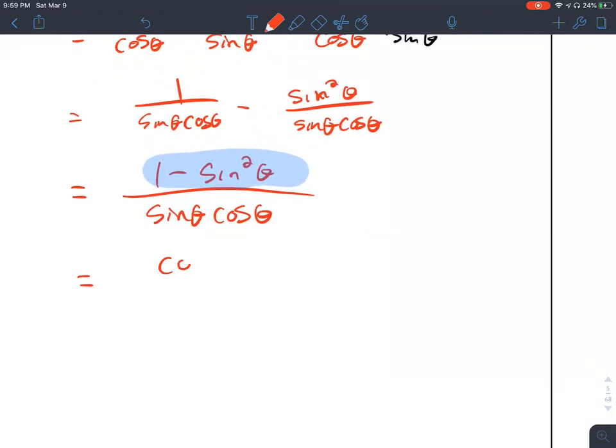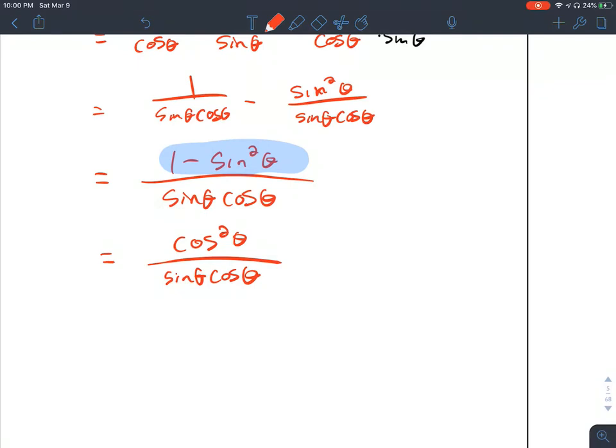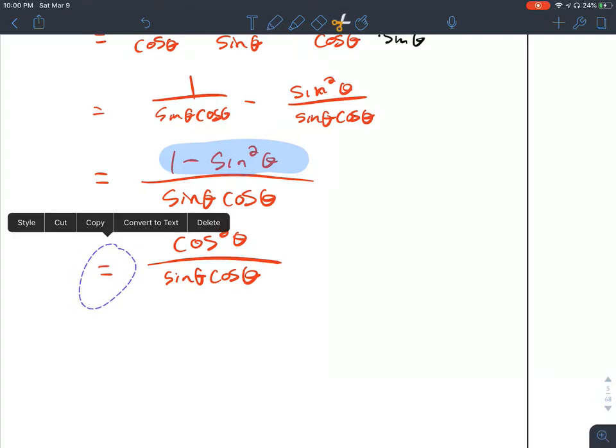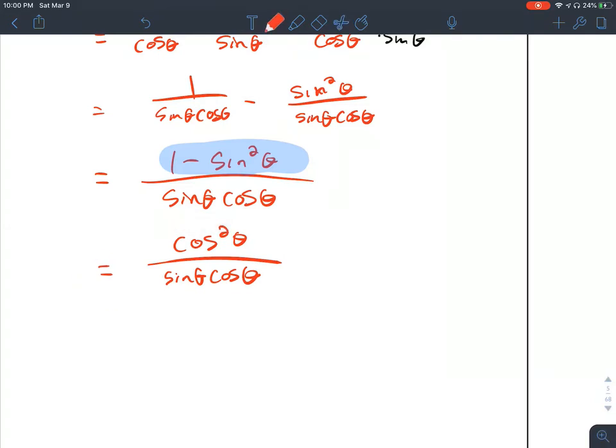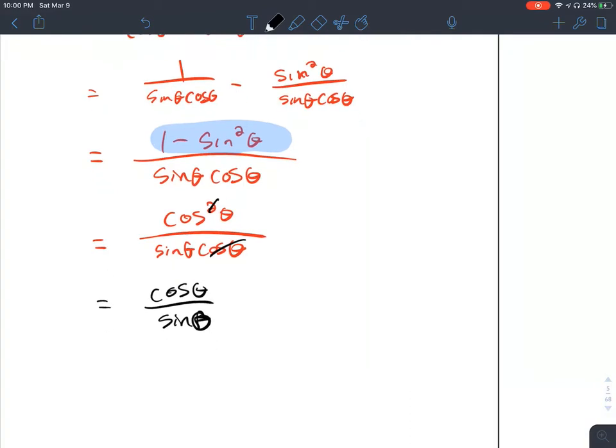So that top becomes cosine squared of theta. If you need to show that side work again, show it. If you don't, you don't. A lot of times you're required to show the side work. In a case like this, that fact is universally known. Don't need to show it. Then we can divide the top and bottom by cosine, which is going to leave us with cosine of theta over sine of theta. Now, if these were the directions on the front of the page, we'd be finished, because